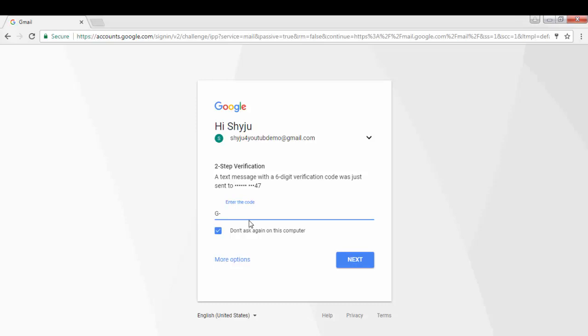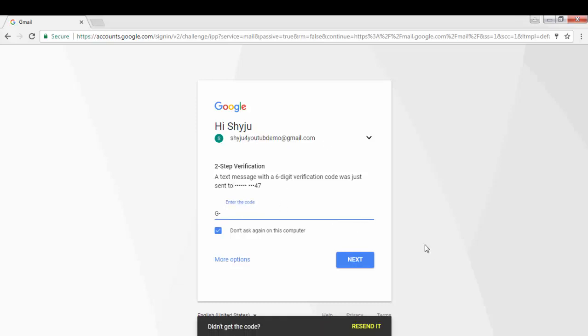It will ask for the Gmail verification code, which Google will send to the phone number which you had provided at the time of enabling two-step verification. Now suppose you do not have the phone with you or your phone has been stolen, then you cannot access this Gmail account without entering that code here.